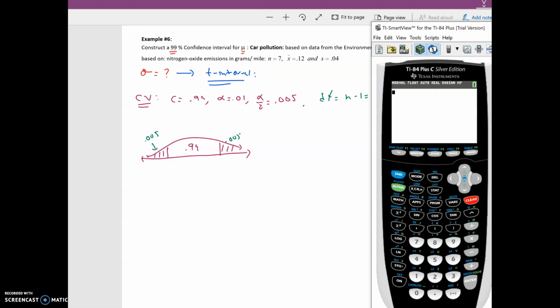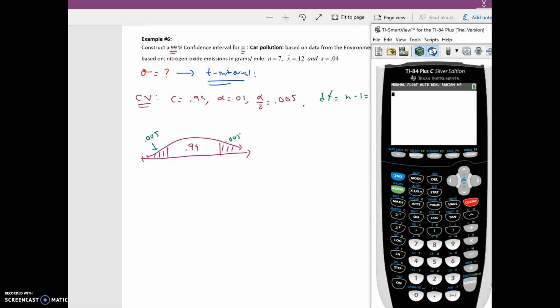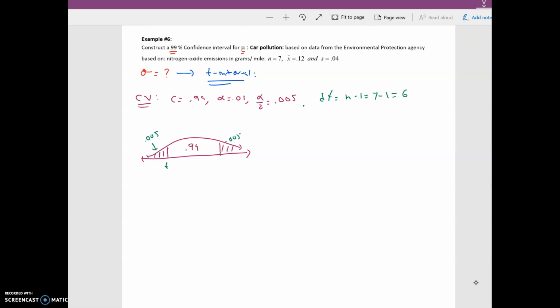For the actual calculator, you're going to go to second, distributions. You're going to activate number 4. The area to the left is 0.005. The degrees of freedom happens to be 6. And then if you evaluate this one, it's going to give you that the t value to the left, in this case t1, is approximately